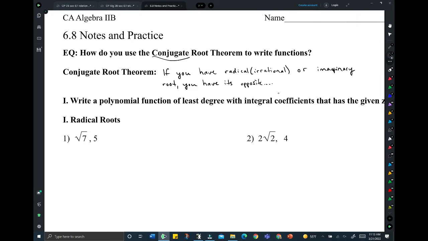Okay, so for example, if I know that I have the square root of 7 as a solution, you also have the square root of -7. If you know that you have 3i as a solution, you automatically have -3i as a solution. So we call those conjugates. One is positive, one is negative, and that is what this theorem states, is they always come in pairs, okay? They say good things come in pairs, I suppose. So just like peanut butter and jelly and all that,